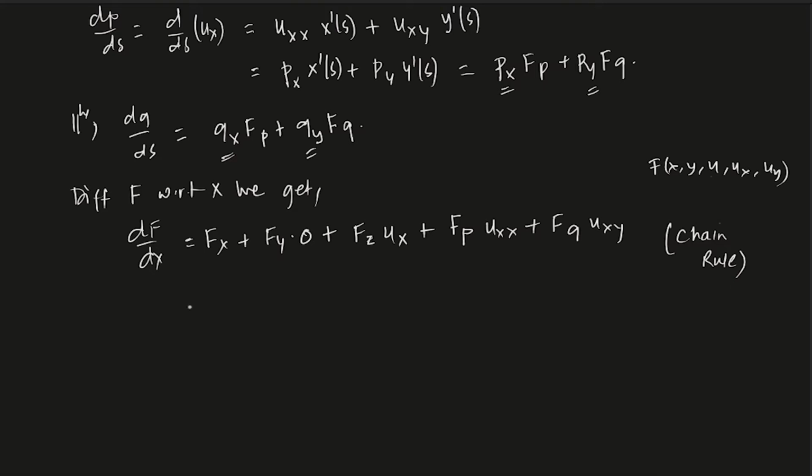Chain rule. Okay, so this is 0, right? First of all, why is it 0? Because f is given to be 0. So the derivative of the 0 function is also 0. So this is 0. So if this is 0, what will happen is we are going to get p_x.